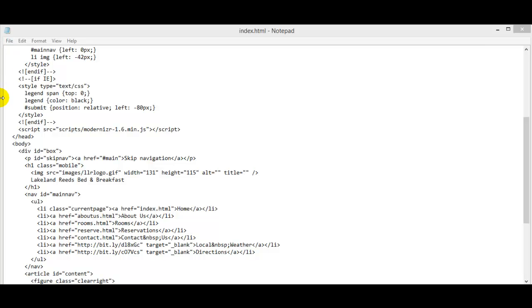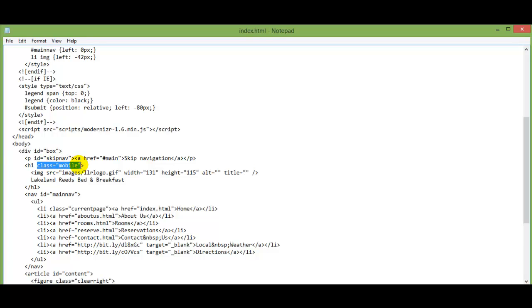We are going to go to our mobile, let's go ahead and delete that so that all we have left is our h1 element